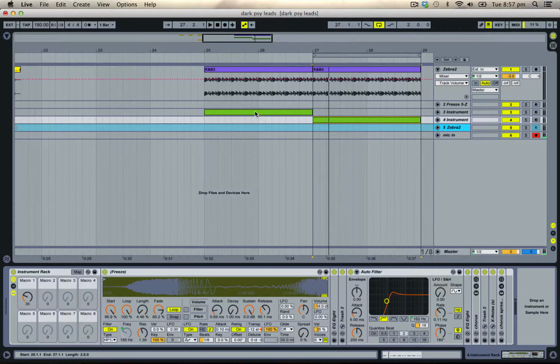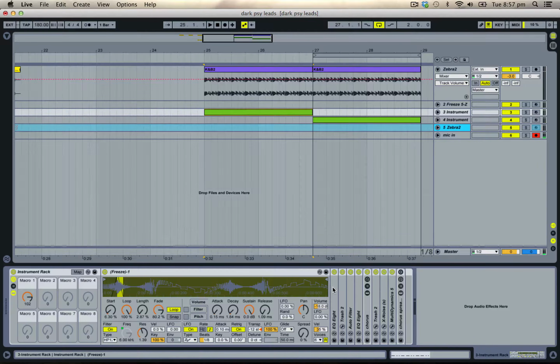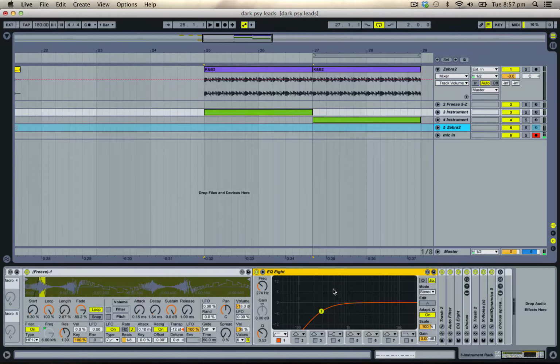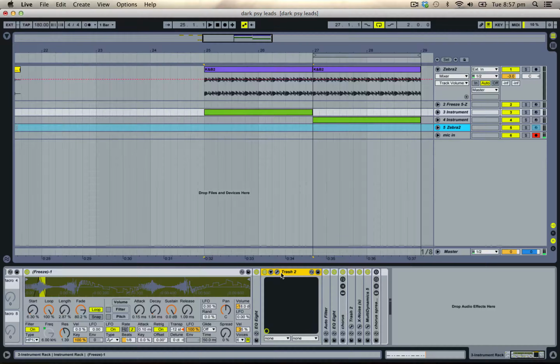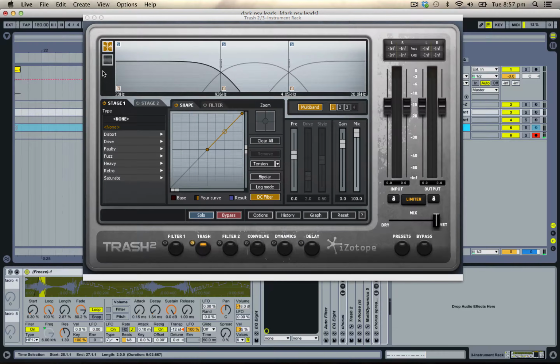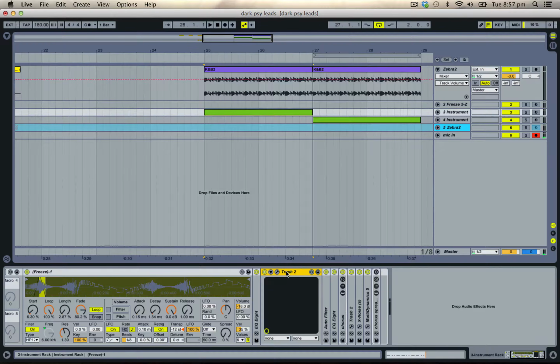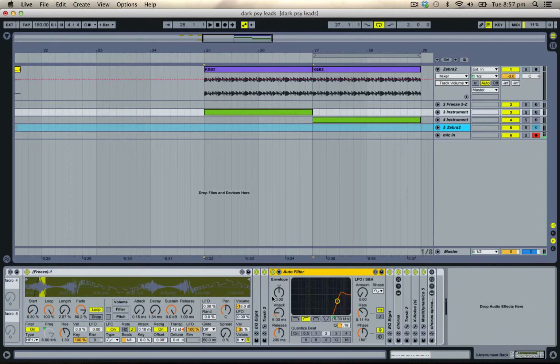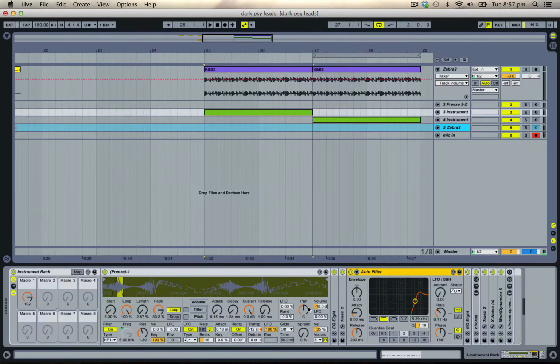I guess I should show you the effect rack that I have on the Simpler instrument as well. First up, I've just got an EQ8 to cut out some of the lows of the sample, then followed by a multiband distortion, which is iZotope's Trash 2. I find that a really good distortion that I often use. Followed then by Ableton's Auto Filter set on high pass, which I have macroed together with the filter on the